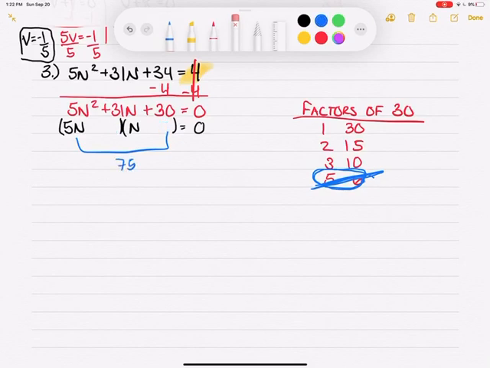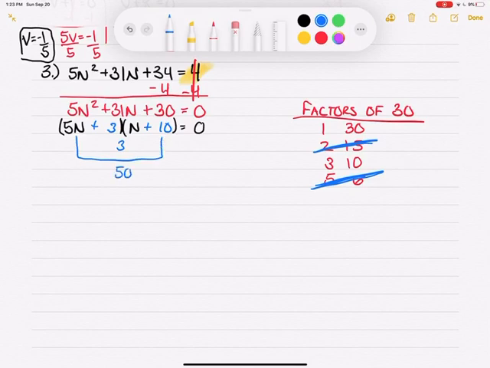And like I said, if I tried 15 and 2, this would get me 10 and 15, which is 25. Again, not quite there. So those numbers won't work either. If I try 3 and 10, this is 3, and this is 50, which would be 53. So now my last option to try